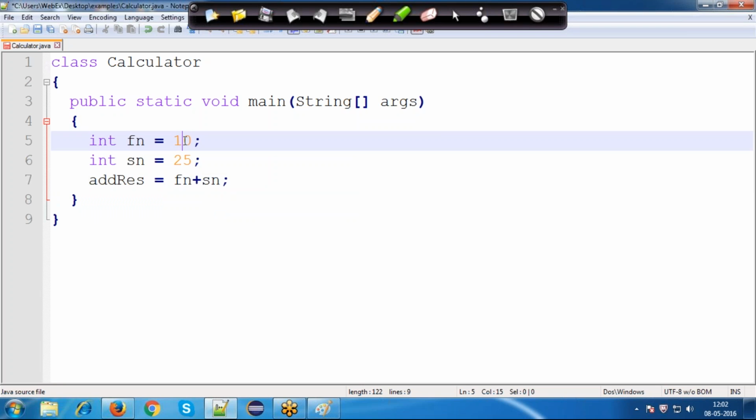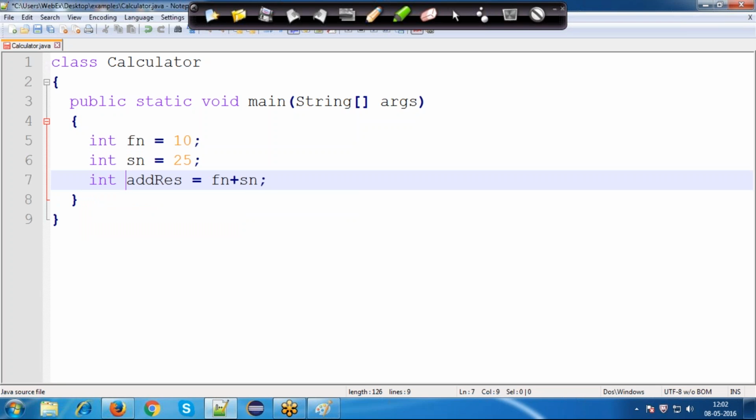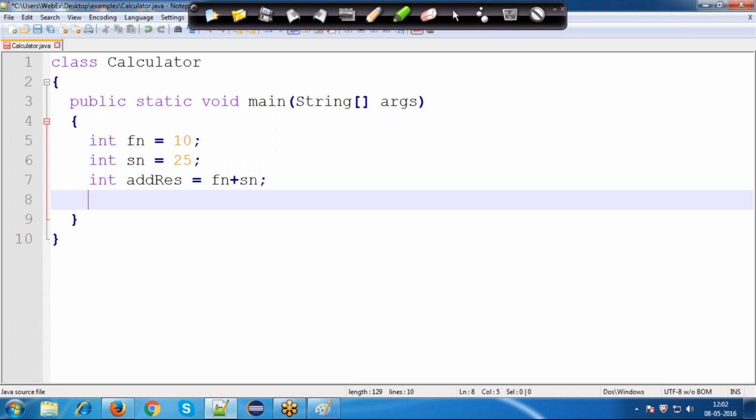Obviously when I add two integers, I get an integer as the result. Correct? This is my result. Okay. Now I save the program. This is how I add two numbers. Can I consider this as a whole,